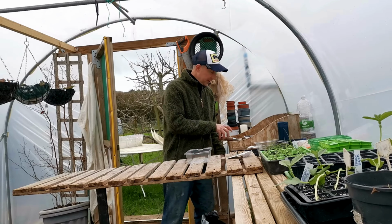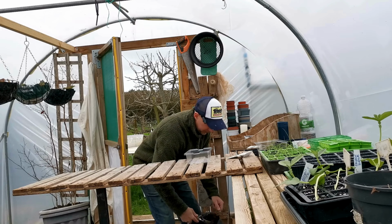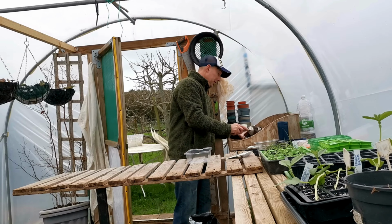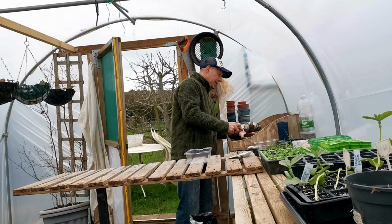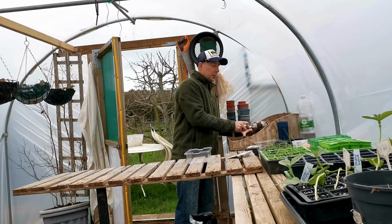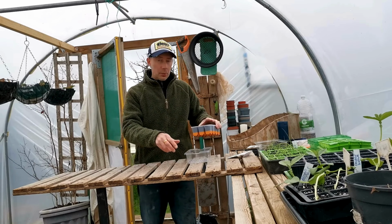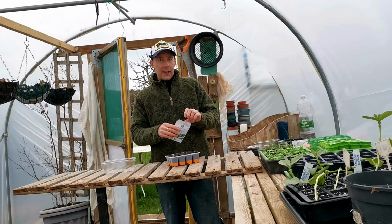But Glen, I hear you ask, I've never sown kale before. What do I do? Well, I'll show you. Fill your seed tray up with multi-purpose compost or John Innes No. 1. They'll both germinate. And we'll get our seeds